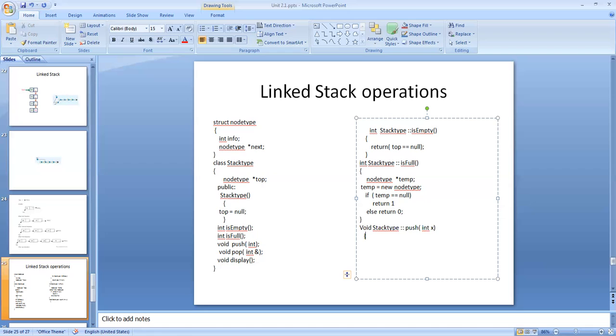Now, there are two cases of inserting: inserting a node into an empty stack, and inserting a node into an existing stack. Whatever it be, first of all, we need an empty node.